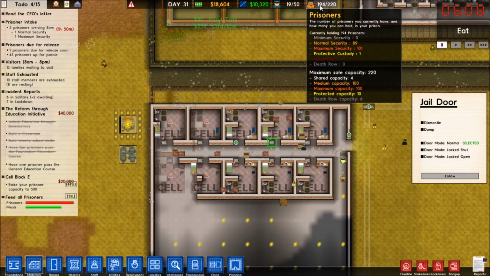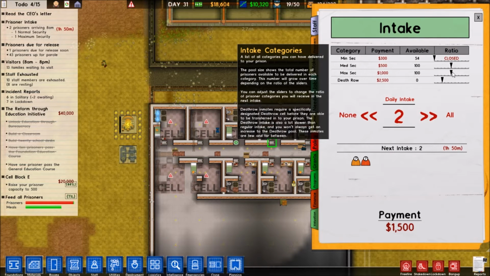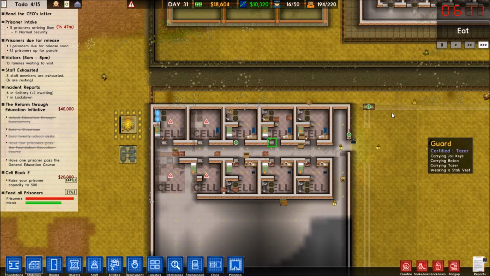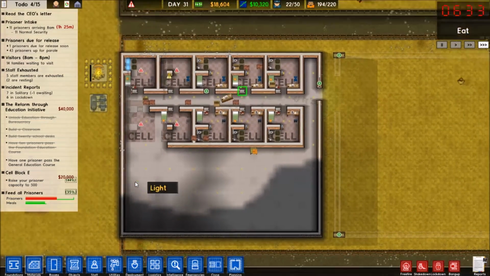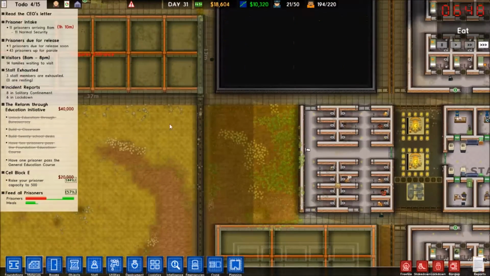Good. Oh, also, how many... let's see here. Oh, we have too many max security, but we can bring in 11 normal. Alright. Intake. Yes, that's what we want. There we go. And that janitor or gardener is cleaning the garden, apparently. Oh yes. We also have...